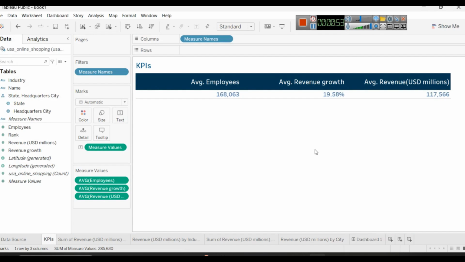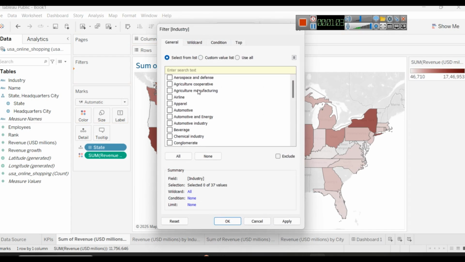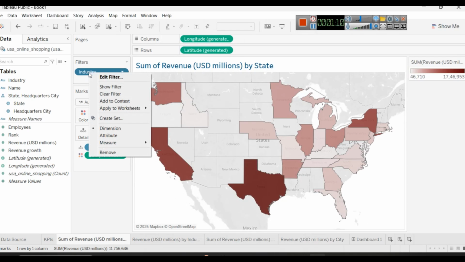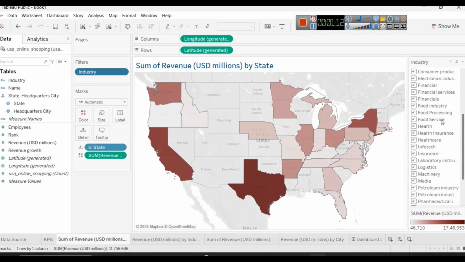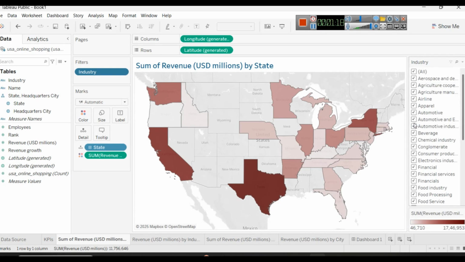Let's say we want to add industry as a filter or state as a filter. So we just add it to filters, select all of them, click apply, okay, and we click on show filter. It will give us information like this, and then we show the filter as a single value list